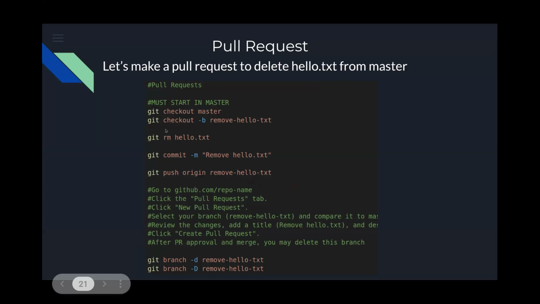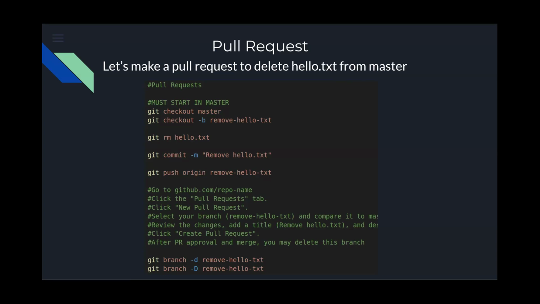And then I would move into this new branch where I'm describing it within the branch name, where I'm removing hello.txt. It would create this branch. I would git rm, and I would not system remove this. That will cause some errors within Git trying to look for a file that doesn't exist.